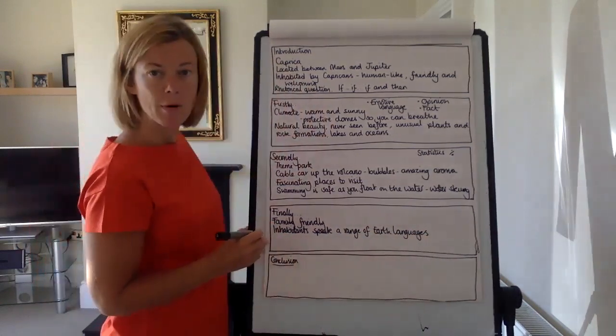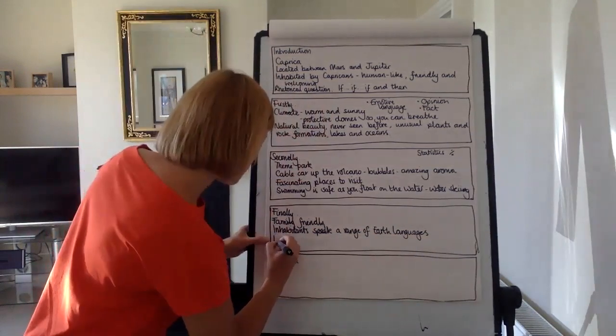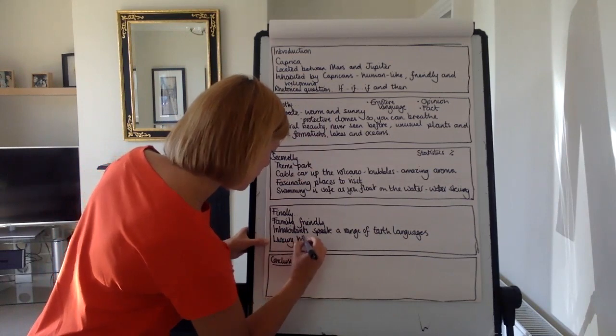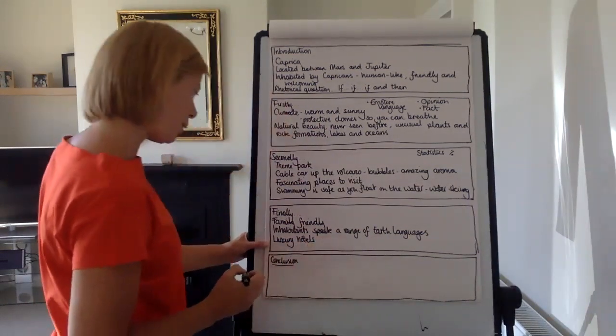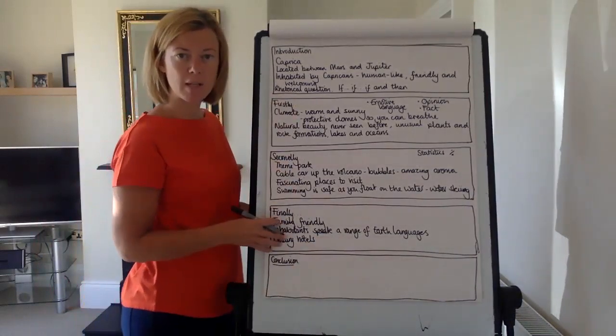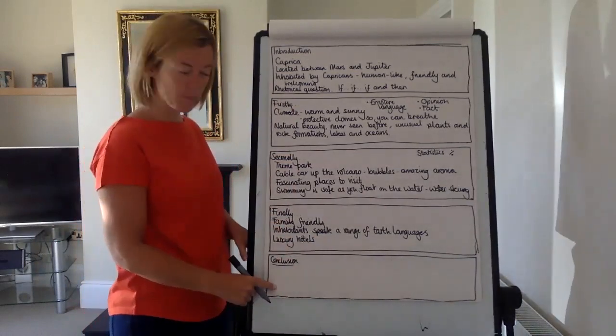Oh, I know. How about a word like luxury? That's always very tempting, isn't it? So luxury accommodation, luxury hotels. Okay, so I think I've got 3 paragraphs there with some really good reasons to go and visit this place. And then in my conclusion,